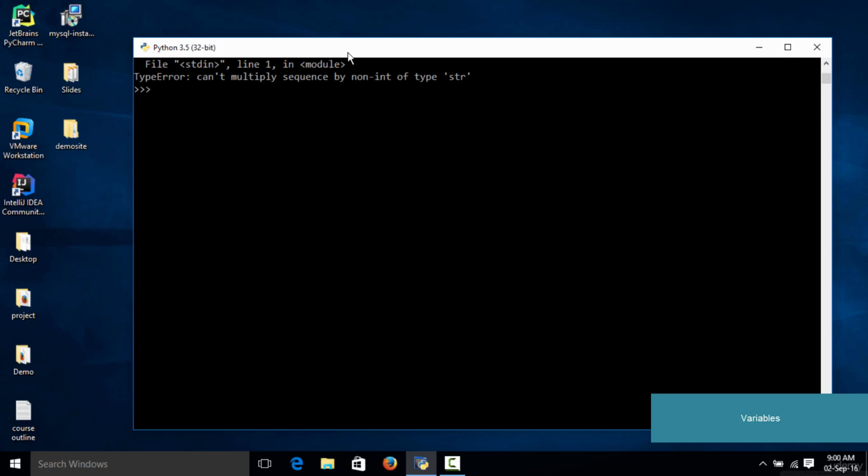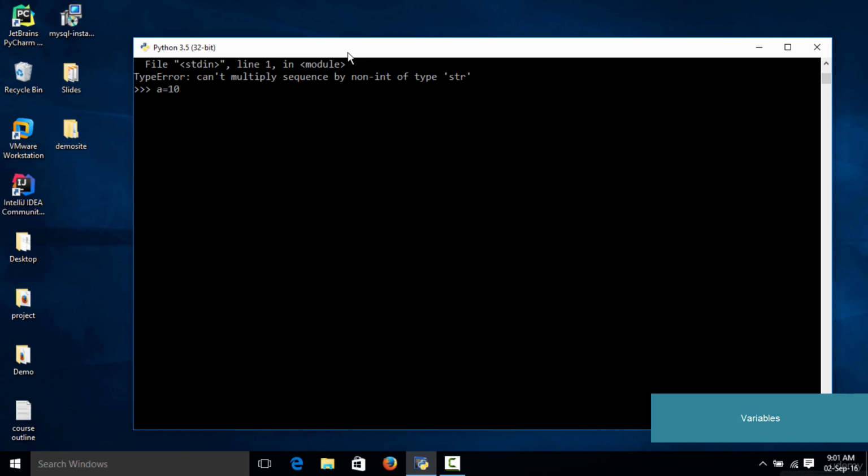So let's make a simple variable. Variables could have any name. So let's name this variable a, and let's say you want to save a value like 10 into this variable a. What you need to do is use the equal to sign, and this equal to sign in Python is known as the assignment operator. The main function of this assignment operator is to assign a value to the variable which is expressed to the left of it. So on the left hand side we have a, and in this case we want to assign a value of 10 to a. So we type a equals 10, and when we do that, the value of 10 is going to get stored